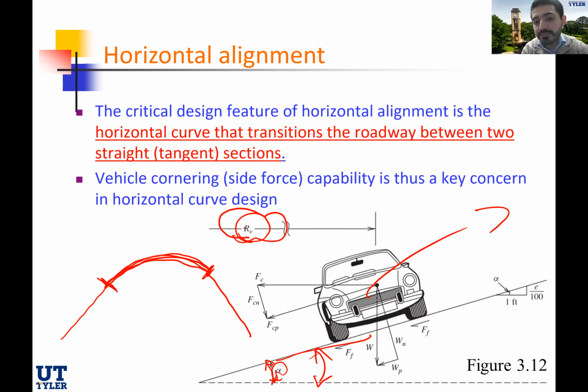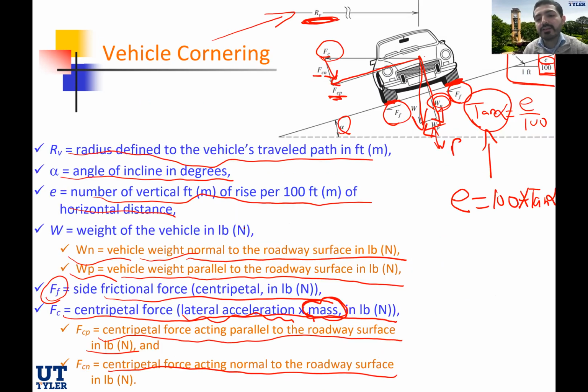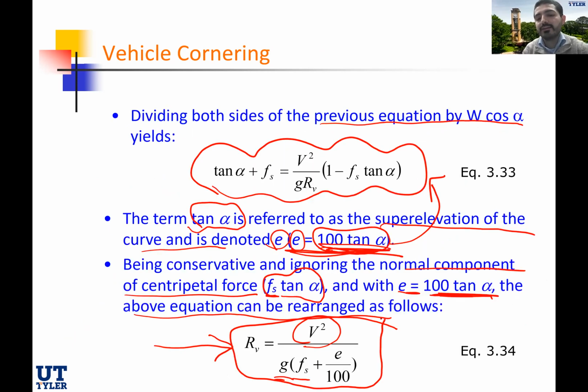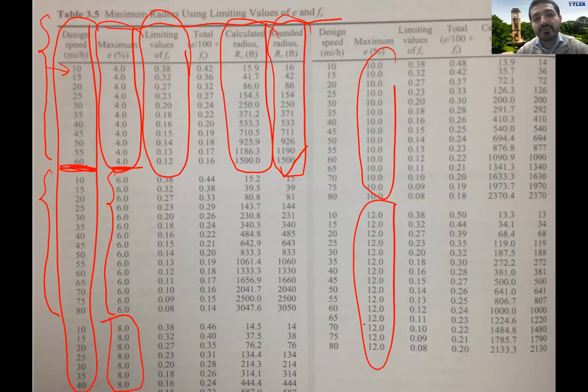The radius of the curve is a function of three factors: the speed of the vehicle, the friction between the vehicle and the roadway surface, as well as the super elevation. We got to know that there is a table developed by AASHTO, table 3.5, to define for us the minimum radius using the speed limit and the maximum super elevation. And again, we have multiple values for super elevation here. It can go from 4% all the way to 12%, which is quite high. So you have a big range to pick from